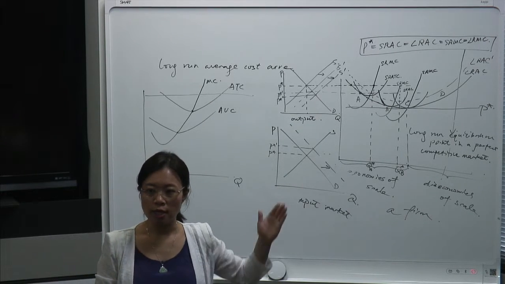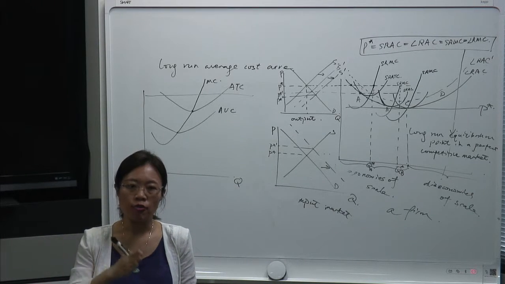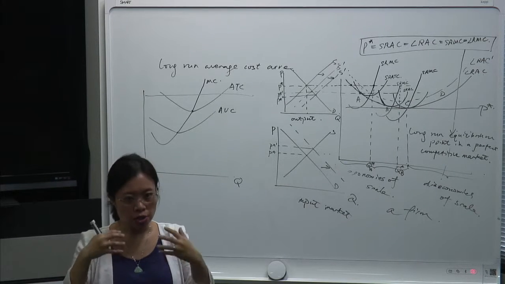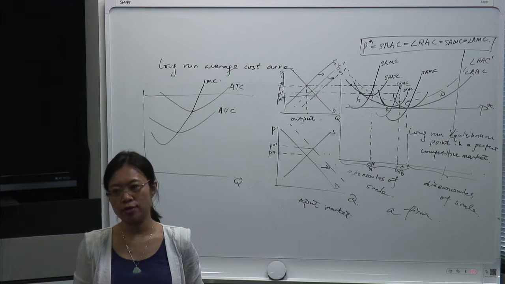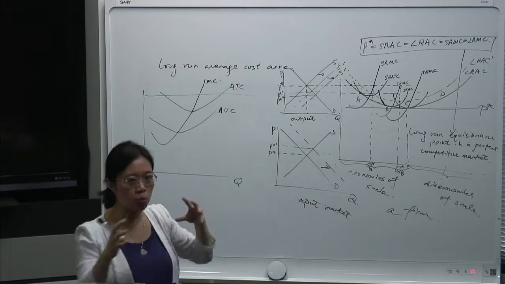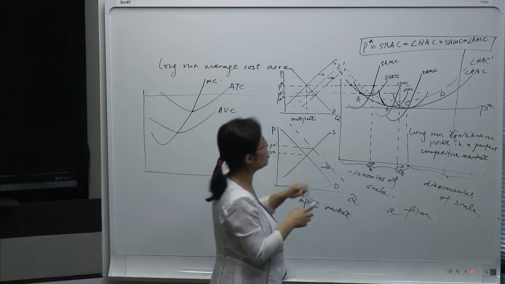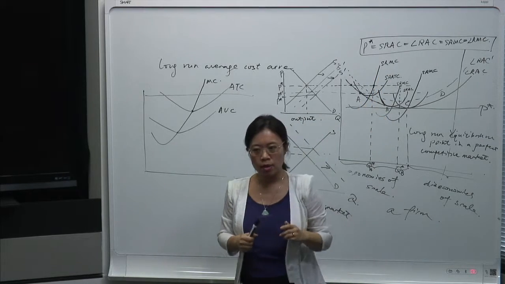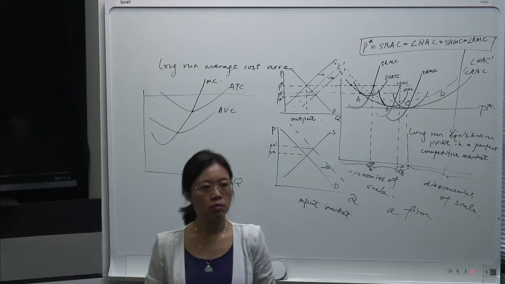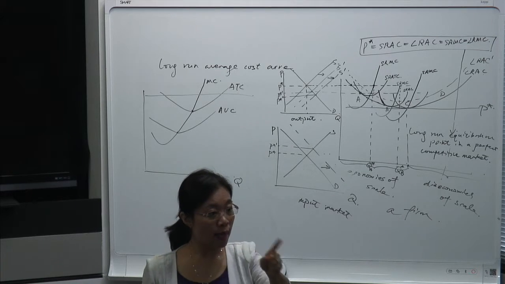Okay, so what I described there is the dynamic movement of how firms, the input market and the output market interact with each other in order to reach that long-run equilibrium point. Again, this is a dynamic movement. All these three things move simultaneously, okay? But they always want to reach this point. But why do we call this point temporarily stable? Because the market's always moving. It's temporarily stable because anything can happen.